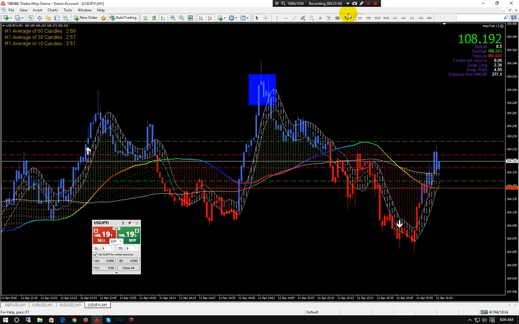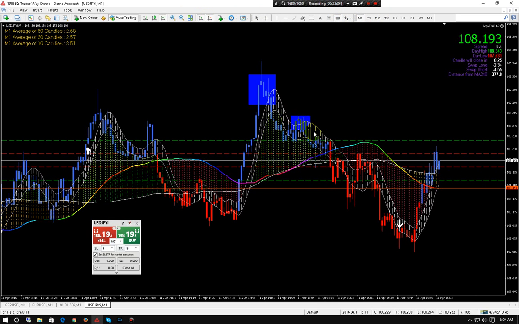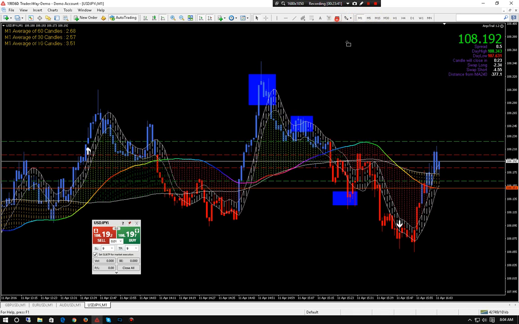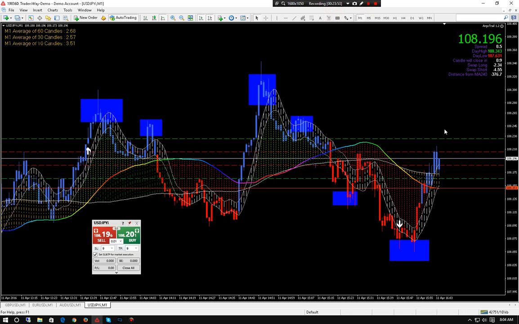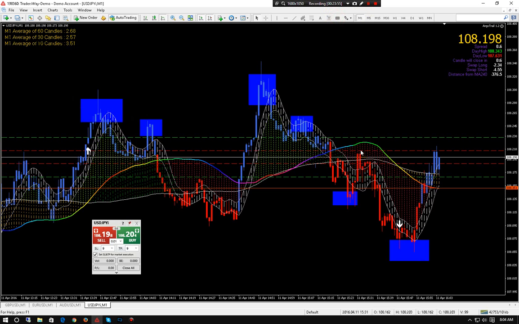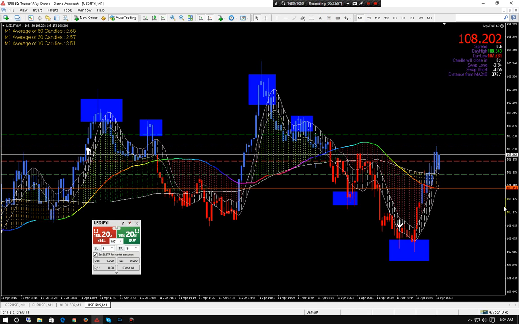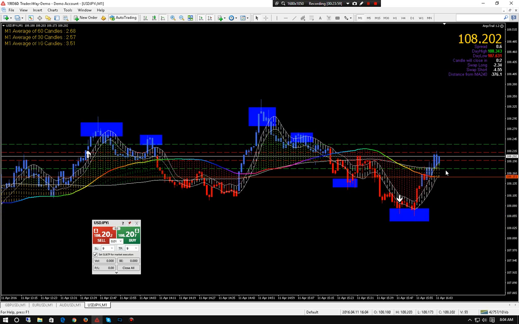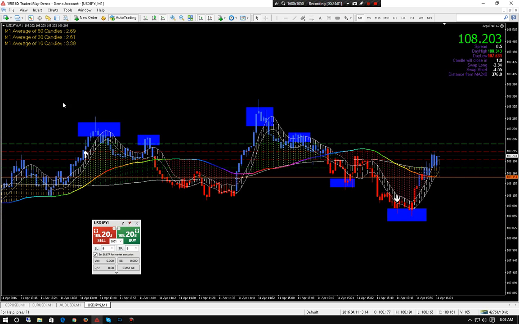Here's a baby little resist zone. Got one here. And these don't have to be pretty, just get them on there. And if we were marking it correctly, we have one here. And these should have already been there because you're following the chart. And we got one right here, a little one in here. We don't have a setup, so we're not too concerned with it. We just want it marked and following.